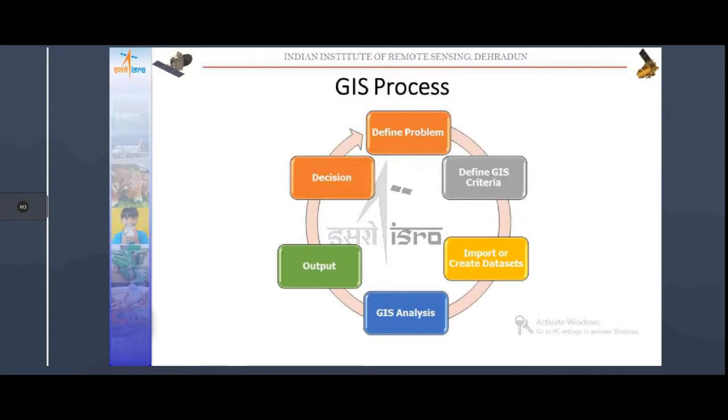So criteria could be proximity to the harbor, proximity to certain connectivities. It could be main communication routes should be available, and also the proximity to the clients that you are targeting should also be available. So having defined the problem that I want to set up a new location, and also defined the criteria for finding the suitable sites, then the next important step is the importing or